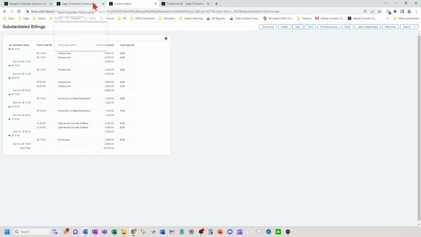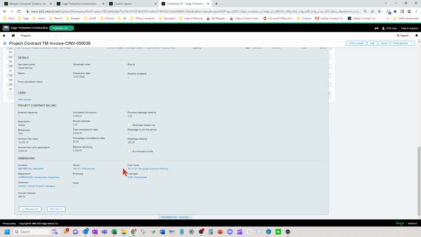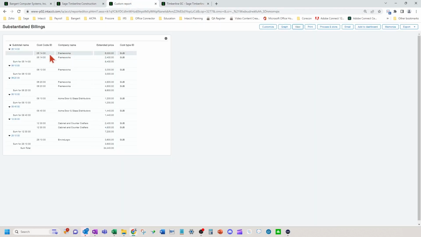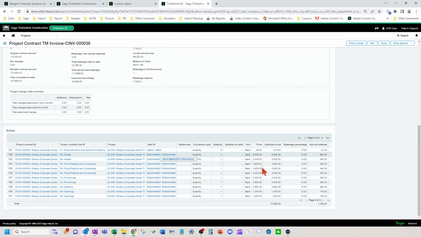Okay, so now for the project that I was looking at earlier that had the 5 pages of entries on it, these are the subcontract costs on that specific invoice. So we're going to navigate back over to that invoice to show you what I am referring to here. If you see, there's the 6,000, there's a 2,400, a 4,800. If I click here and look at show details on the $6,000, my vendor was Frameworks. So if I come back over here, I can see the $6,000 Frameworks entry. If I keep going down the line, you can see I've got a $2,400 one, $4,800.